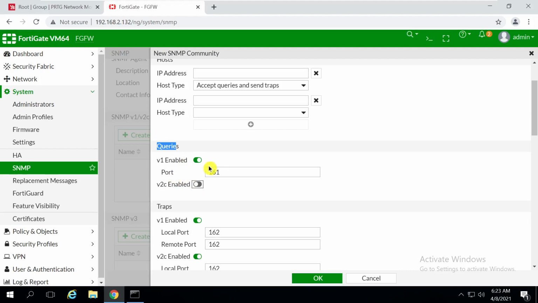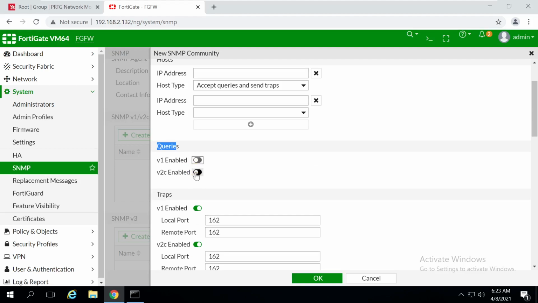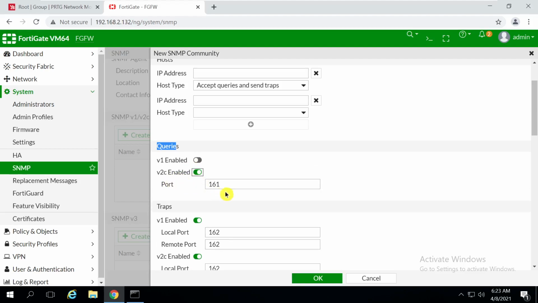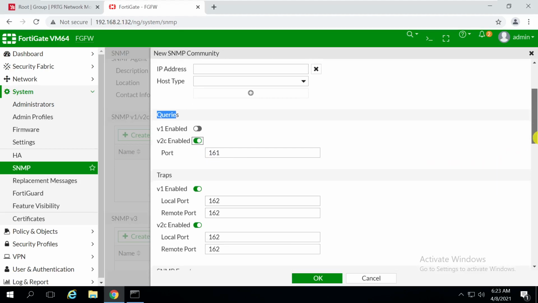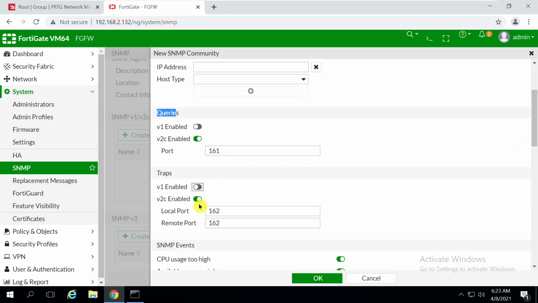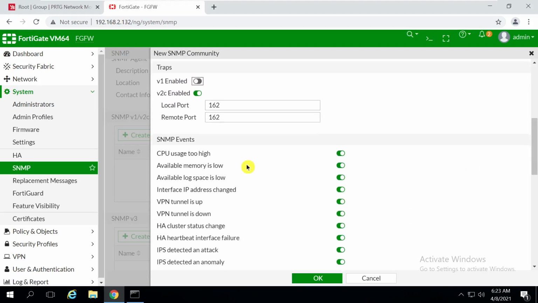If you use version 2, you can enable V2C and the port. You can change this port if you want. If you want to enable the SNMP traps, you can use this enable icon, for version 1 and version 2, and this is for the SNMP traps.